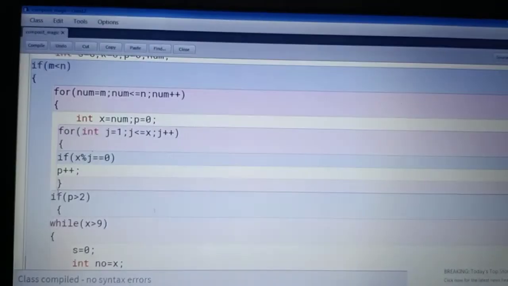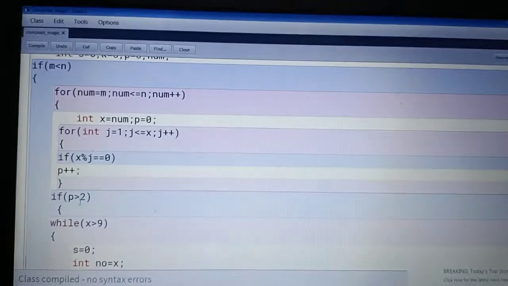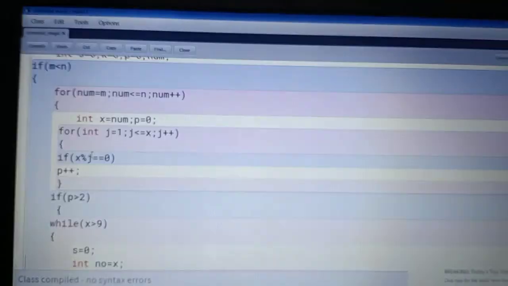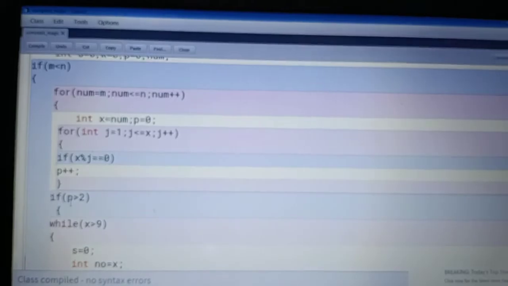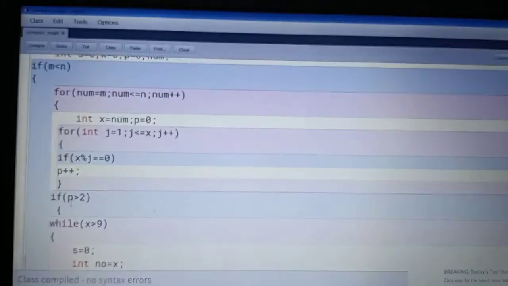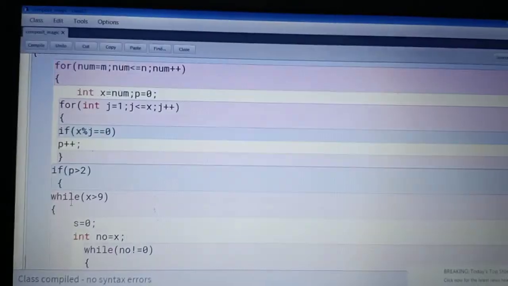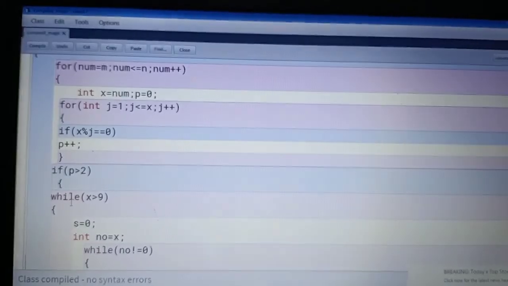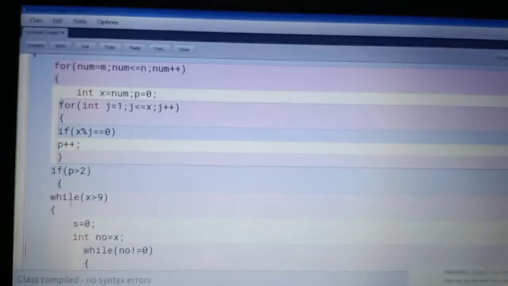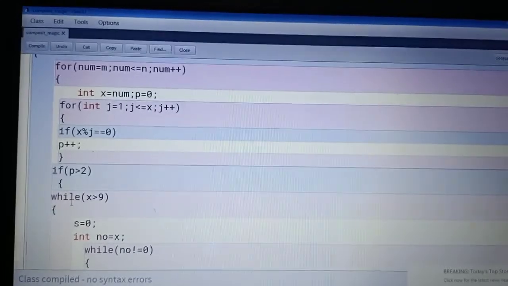After this we check the condition: if p is greater than 2, it means our number is a composite number. If this condition is true, then control comes inside another block.